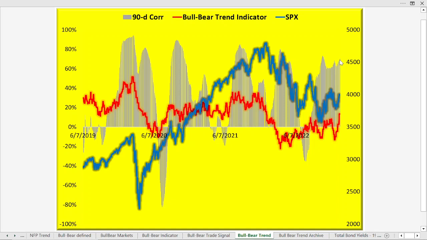That shows us as the S&P 500 is going up, so do the internals of the market, the bull-bear trend indicator. Of course, if we start to see these correlations start to waver, it may show us that while the S&P 500 is still going higher, maybe the bull-bear trend indicator is showing us that the internals are weakening. Or conversely, as the S&P 500 weakens, but the bull-bear trend indicator is still trending higher, this may reflect that the market still has internal strength left in it. So we're going to watch this indicator very closely over the time to come